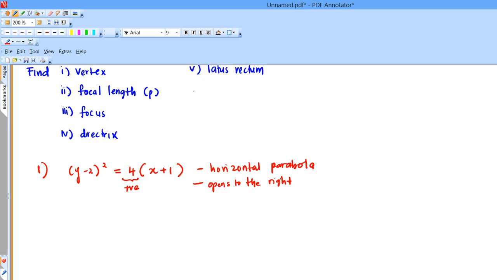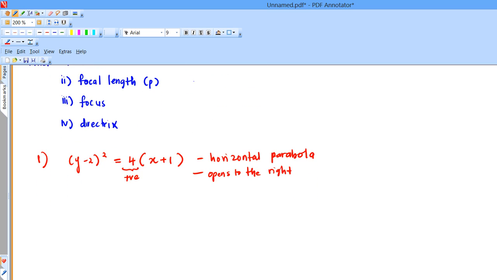The shape of a parabola when it opens to the right is like this. So from this shape we have a vertex V here, and then the focus is a point on the right of the vertex,